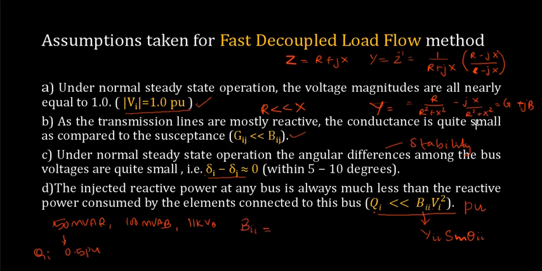again BII will be equal to the sum of all the values of admittances, that is the imaginary part of admittances connected to bus I. So suppose you have a bus here, so you have 3 lines connected to this particular bus, which connects another bus. So this is the ith bus. So the imaginary part of all these admittances of the transmission lines have to be summed up together to get